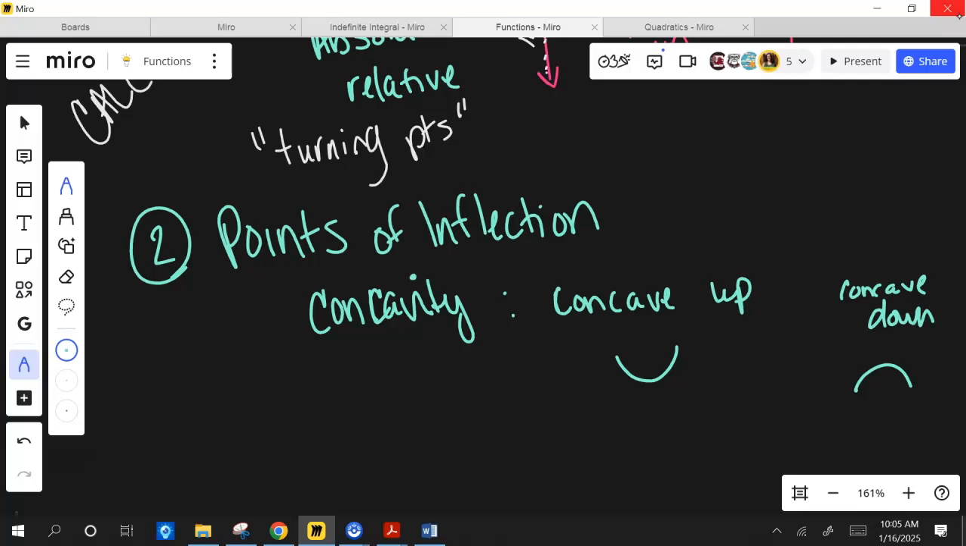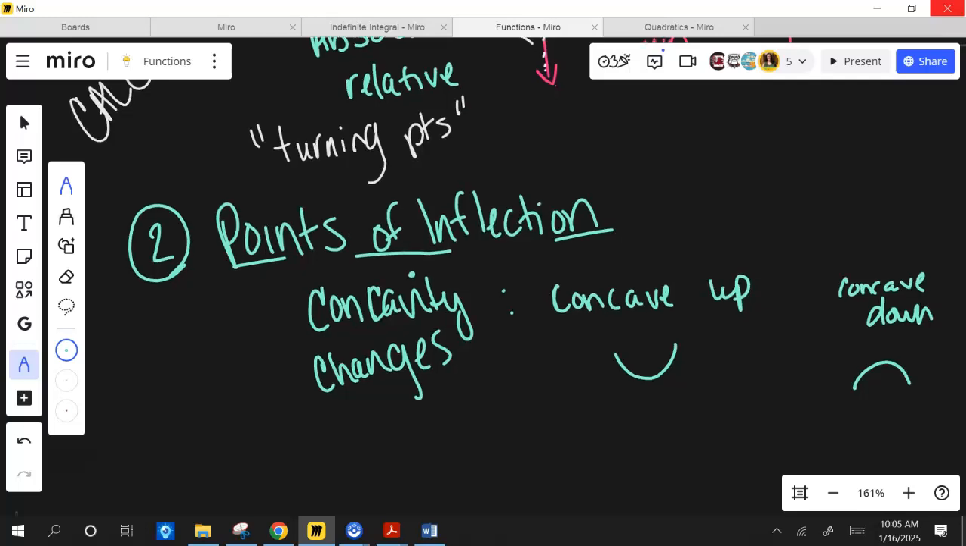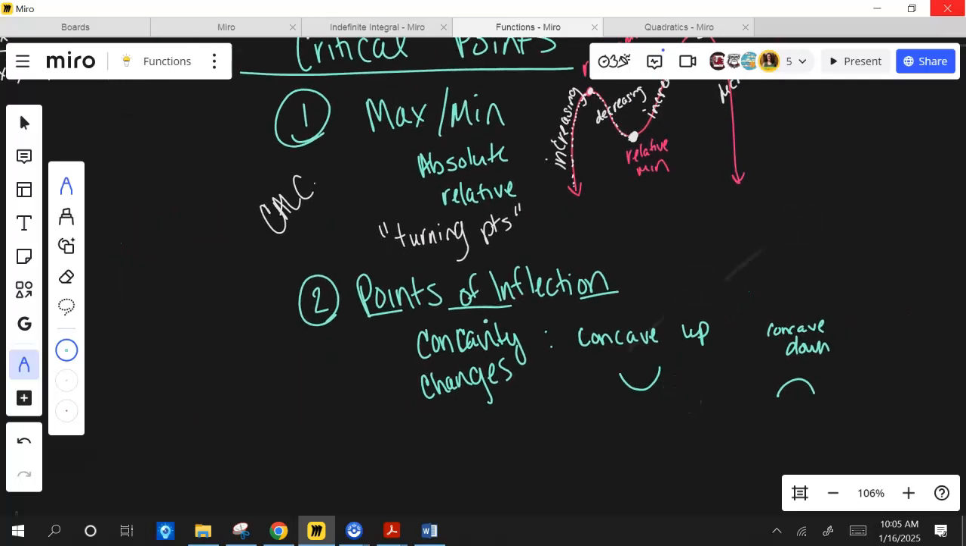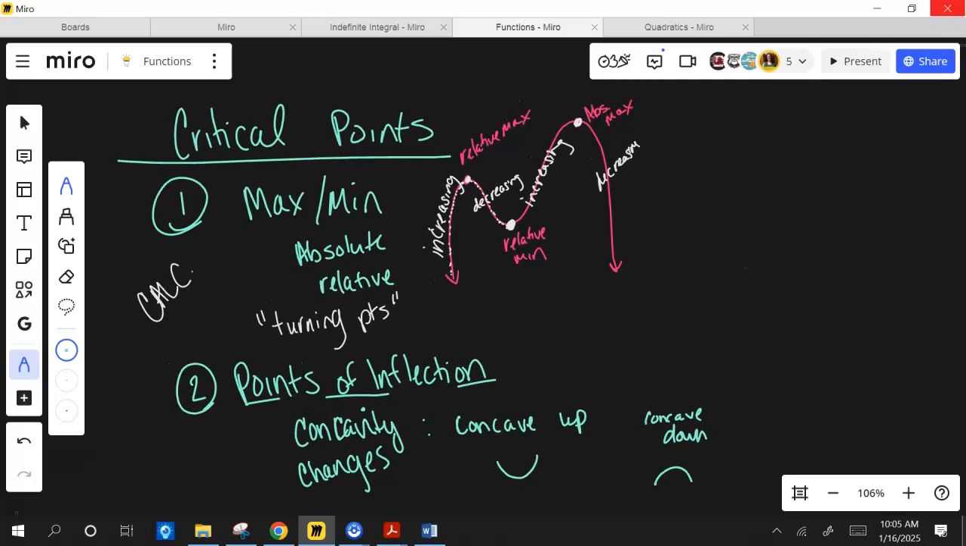Where this concavity changes is what's known as my point of inflection. Okay? So where it stops being concave up and starts being concave down, or vice versa, that's the point of inflection. Now, these are a little bit harder to tell, but if you look at my pink graph up here,